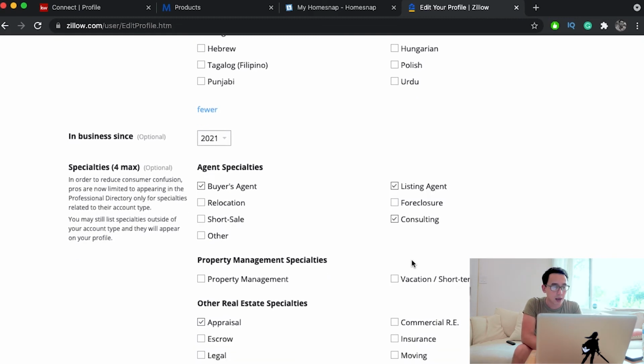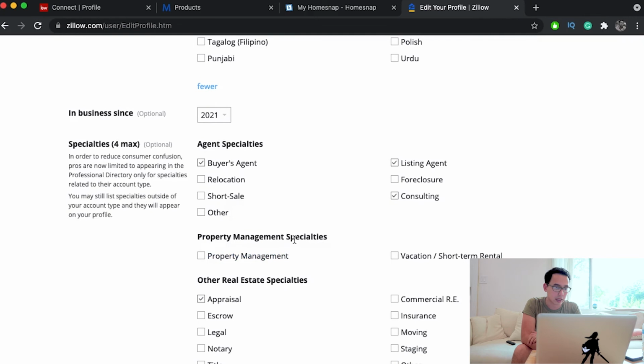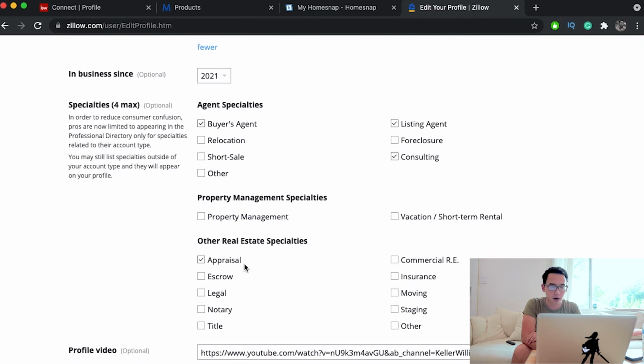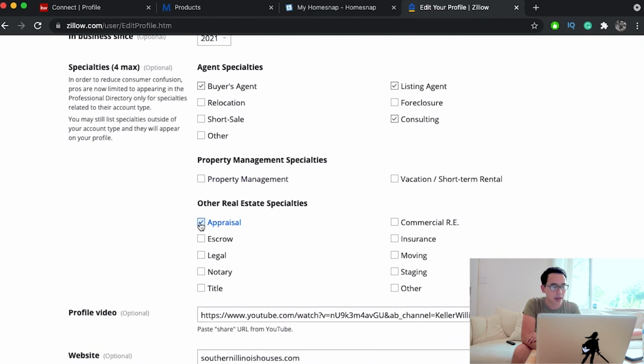So anyway, agent specialty, that's going to be going on in here. Appraisal, I shouldn't have that knocked down. You can give a general appraisal, but you are not an appraiser, so it's not your specialty. If you are, I don't know, as good at staging and you have a specialty, then you can put that in there. If you put other, your photographer, which I may do right now,